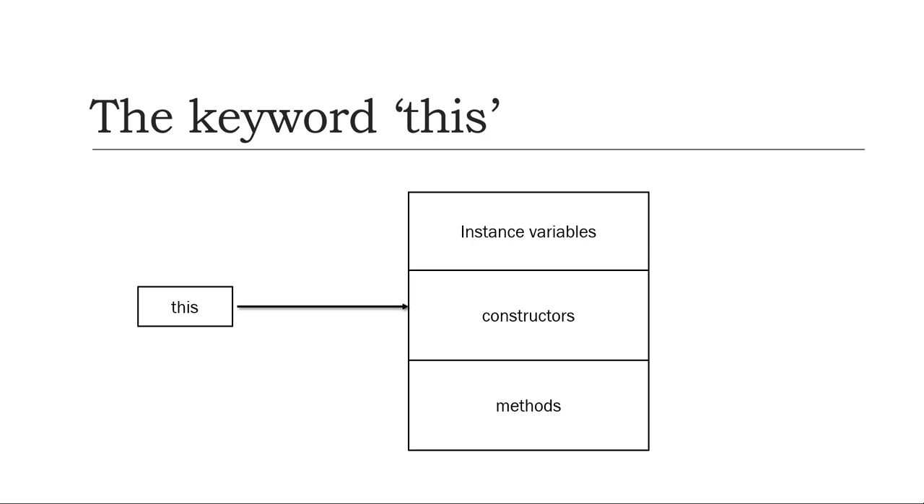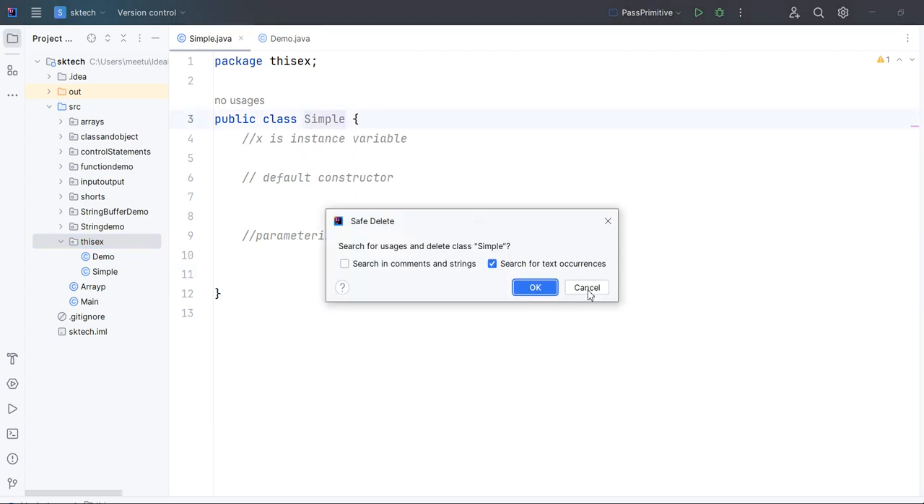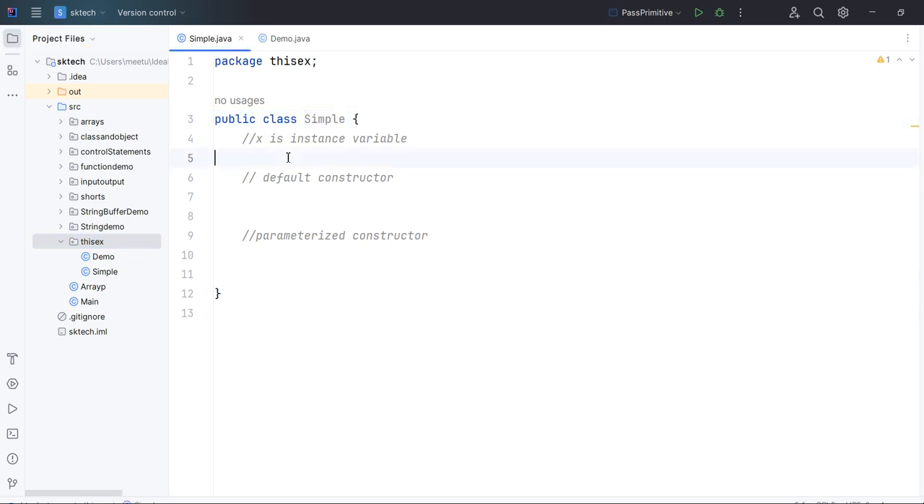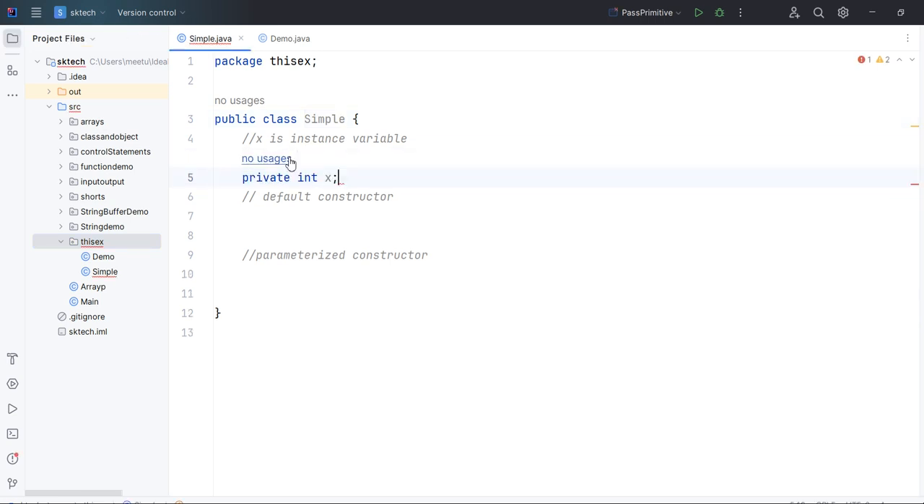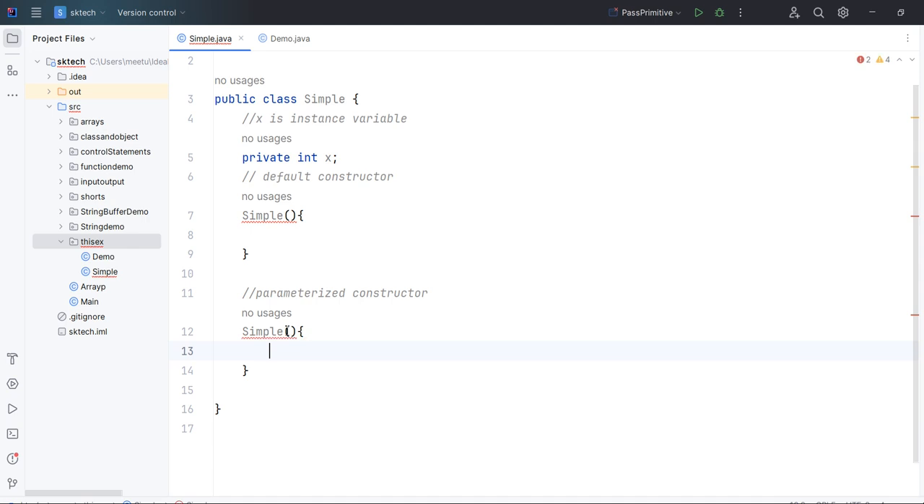So let's go to the IntelliJ IDE and understand what the uses of this are and how we can use it. Let's say we have created a simple class and we have one instance variable, let's say x, and some constructors: a default constructor, and another constructor that is called a parameterized constructor, something like